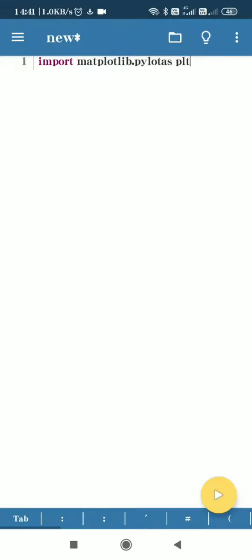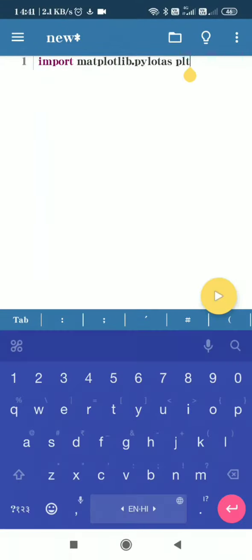Now move to the main screen, and here you can write your code, and this is the interface, and this yellow circle is used to run your program.